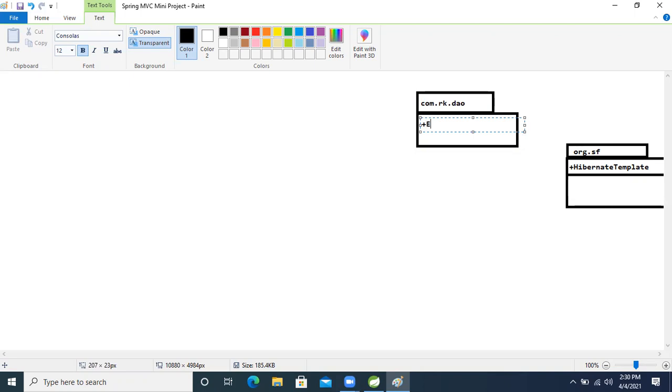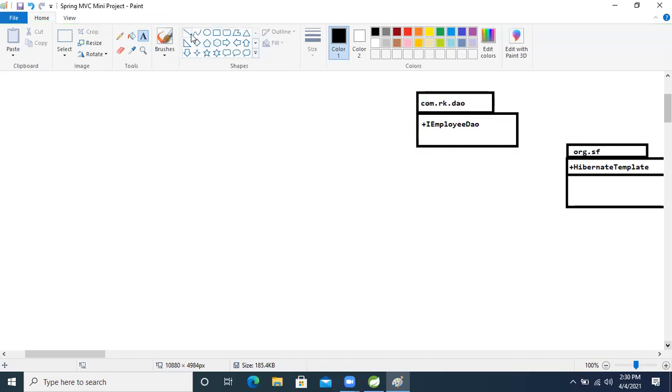Plus symbol, EmployeeDAO. Sorry, interface, capital I, then the class name Employee, then DAO. Based on this we will understand, oh, this is the DAO interface. I'm following coding standards also, guys, how we write in real-time project code and how we give the names and all those things.